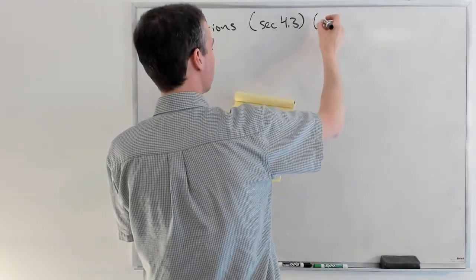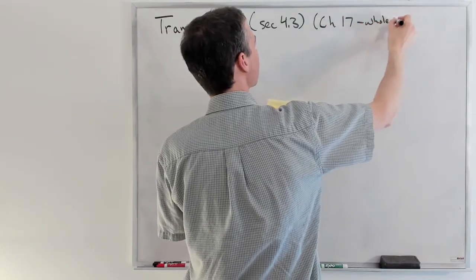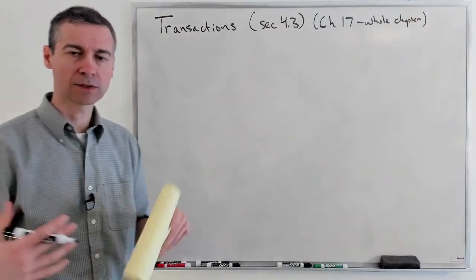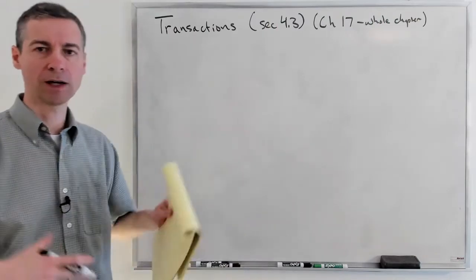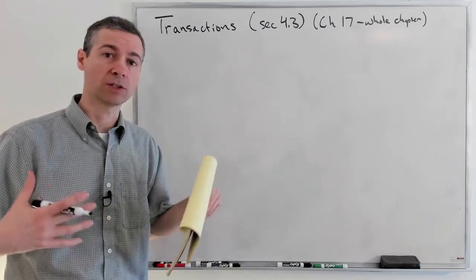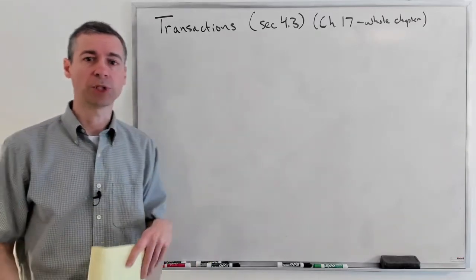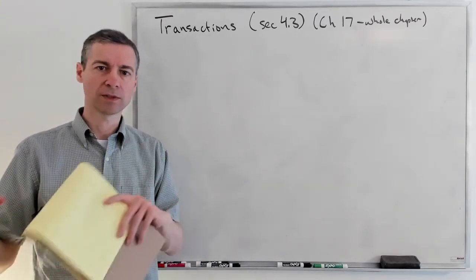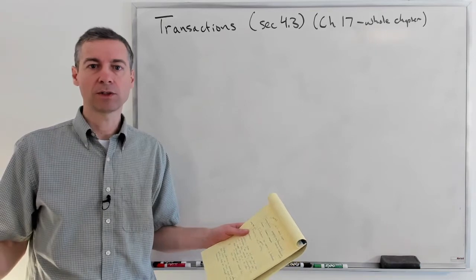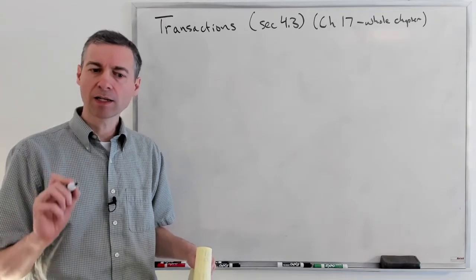Now, I want to note, though, that the textbook that you have, chapter 17, is an entire chapter on transactions and really gets into the fundamentals as well as their implementation and the theory behind and how all this happens. We're just going to talk about the concepts and that we can actually do transactions in our database. Actually, a lot of what we build in 245 and then 342, these two courses, I'd be surprised if we have a huge need, if you run into a project where you're like, oh yeah, I need to do this